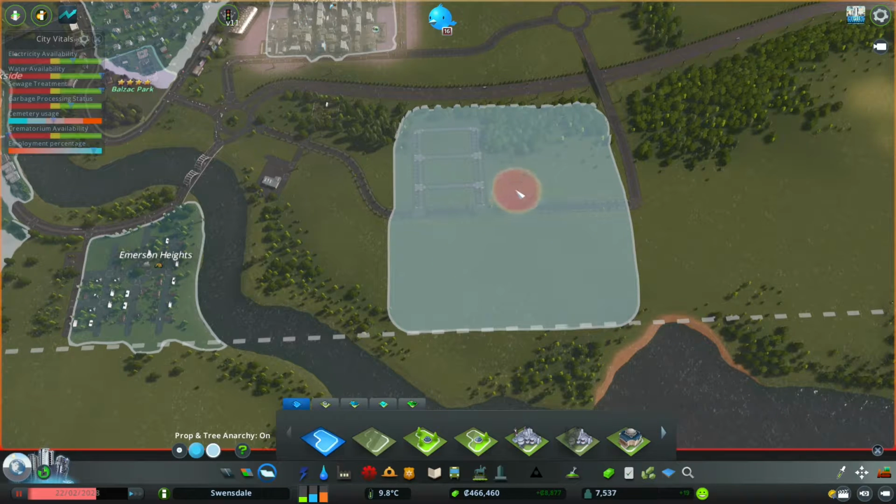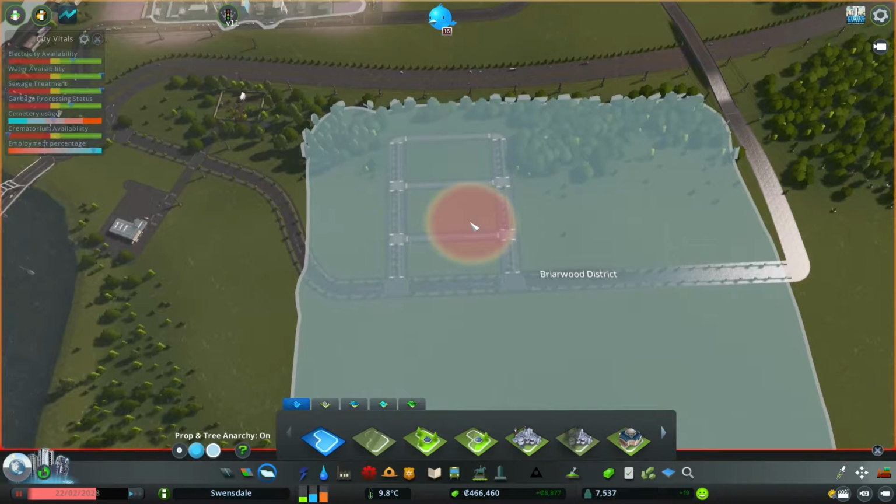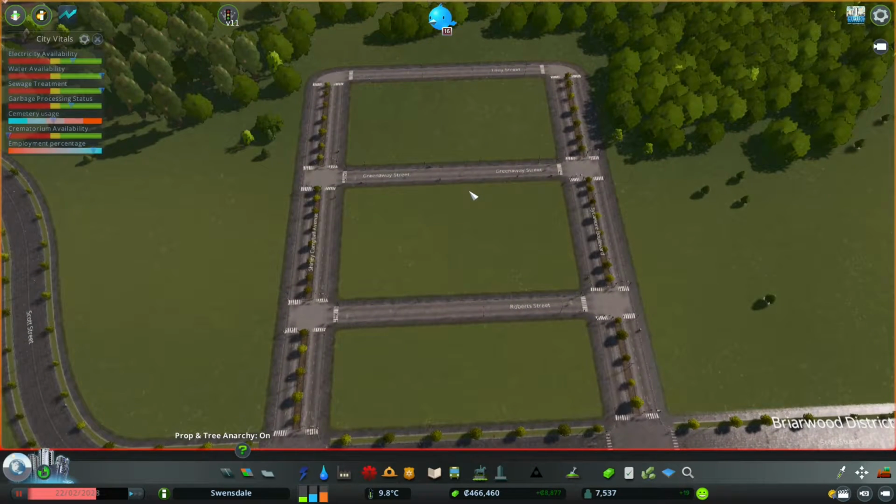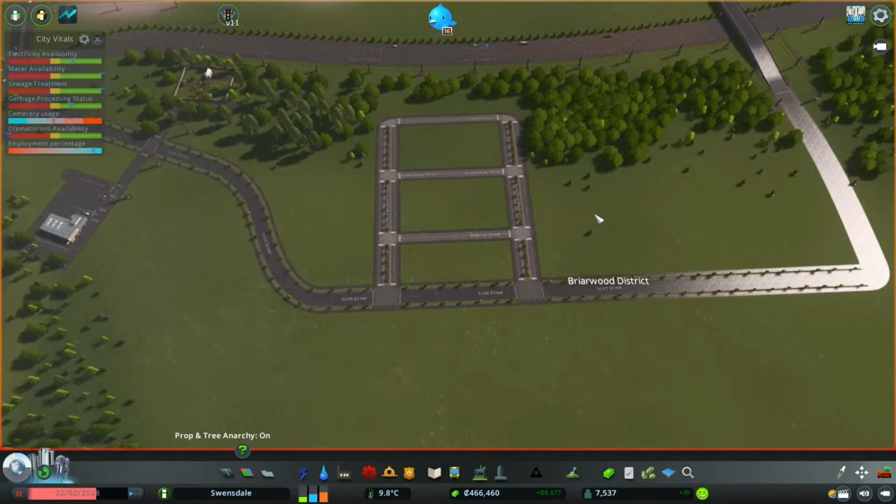Actually, let's take it a bit further, just so I don't inadvertently step outside it and then it suddenly starts springing up the default assets, the European assets in the case of this map. Right, so having painted my district,